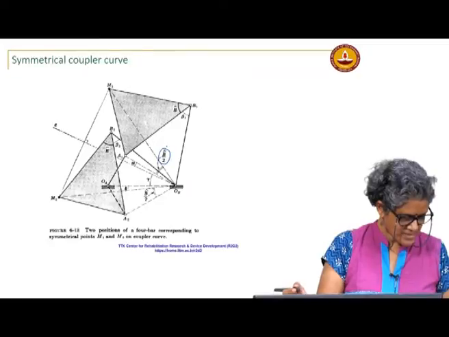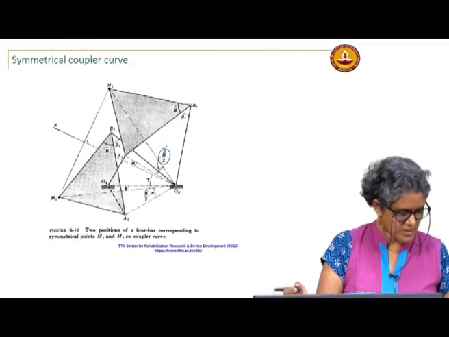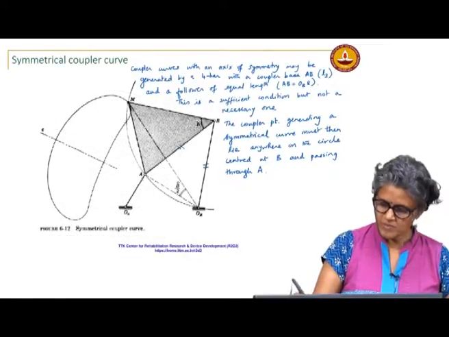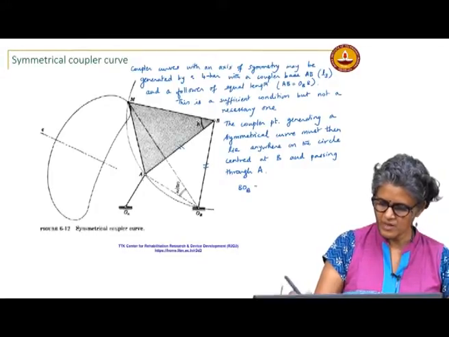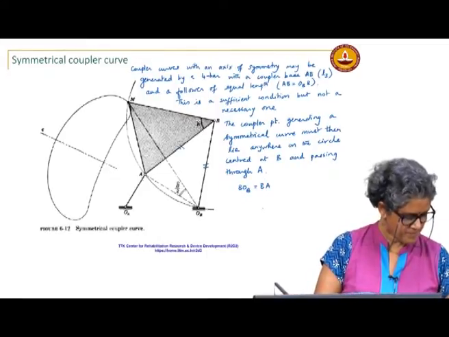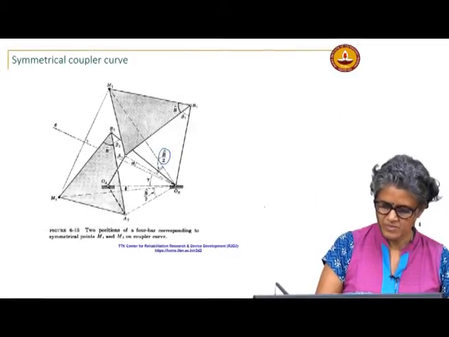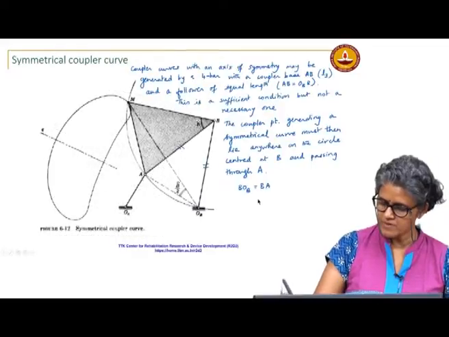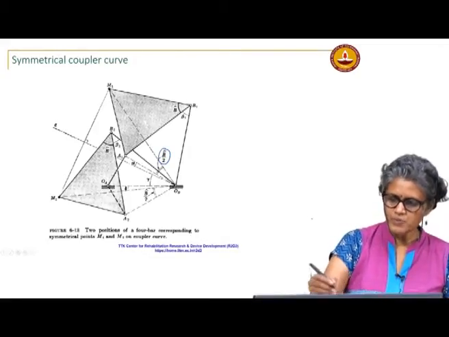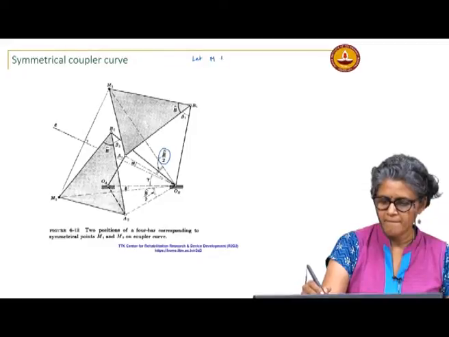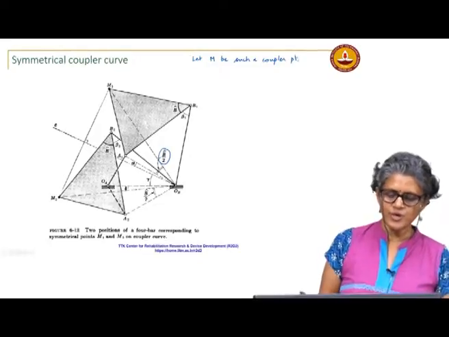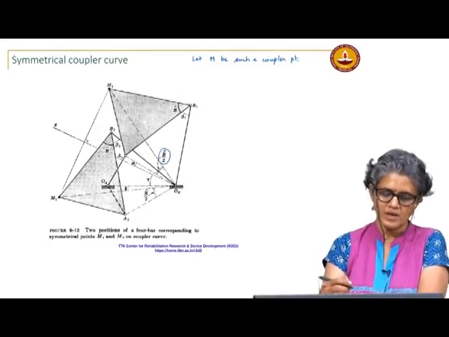Okay. So, now let us look at the previous case, if you see here, BOB equals BA, therefore the circle passes through OB also, right, okay. This is equal to this equal to BM. So, those three are equal. So, let M be such a coupler point and we want to show here that, let us take